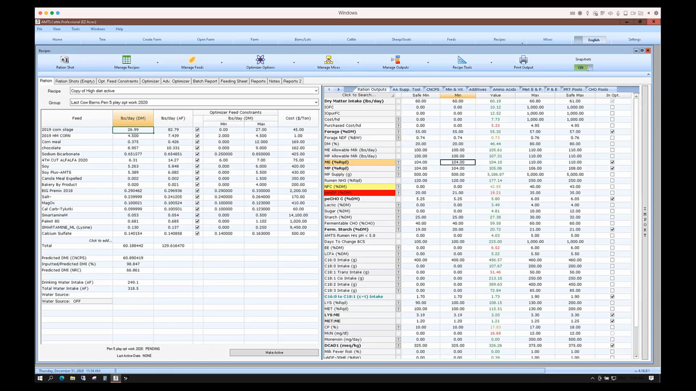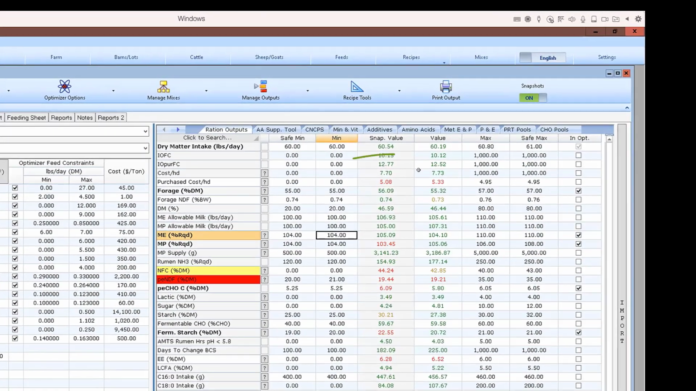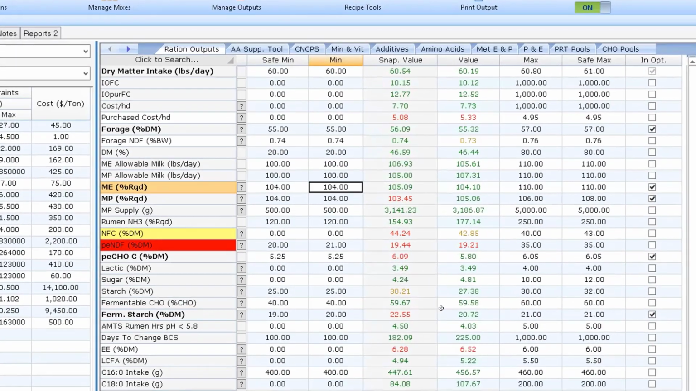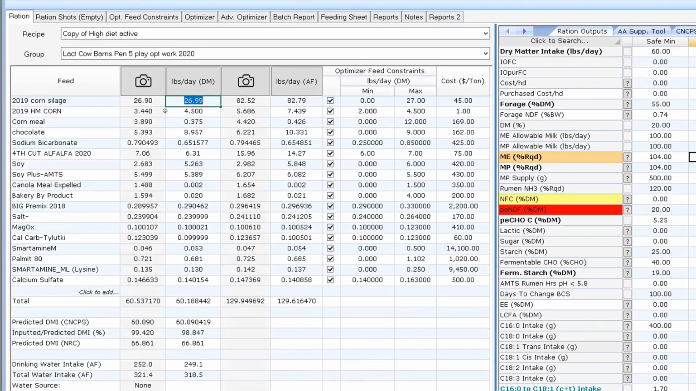And let me turn snapshots on and we can compare them side by side. You can see this optimized diet cost us 3 cents, which isn't surprising given what it had to do, was really bring down the fermentable starch. We were up at 22.6, and we brought it down to 20.7,